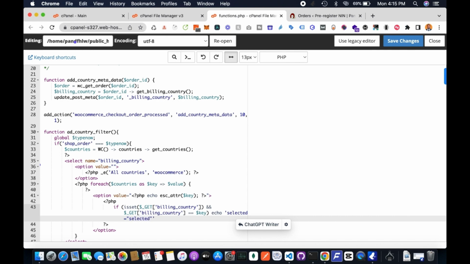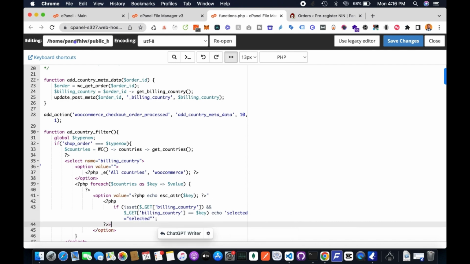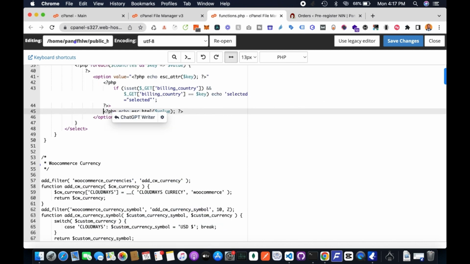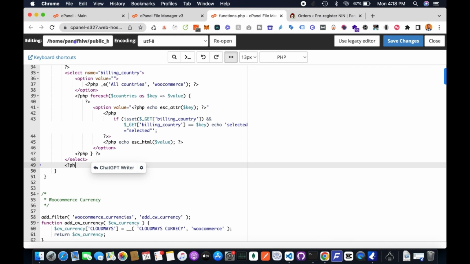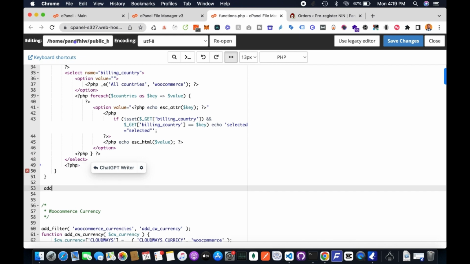we come outside and call another PHP tag to echo the value. So that will be echo esc_html, open curly braces, and call the value variable there. So after that, I close my PHP tag, format it, and come outside and close the other PHP tag. Then I'll go ahead and close the PHP tag for the select element. So we'll go ahead with our code,